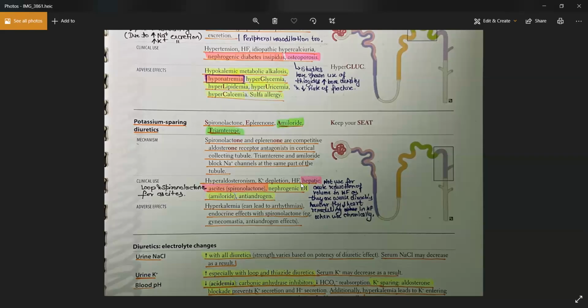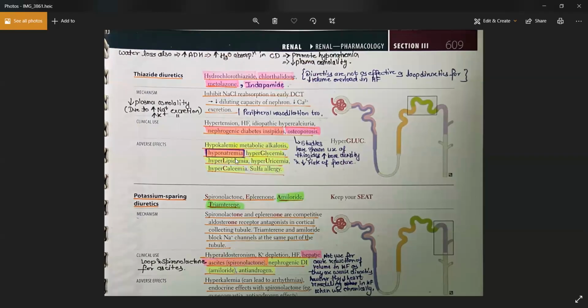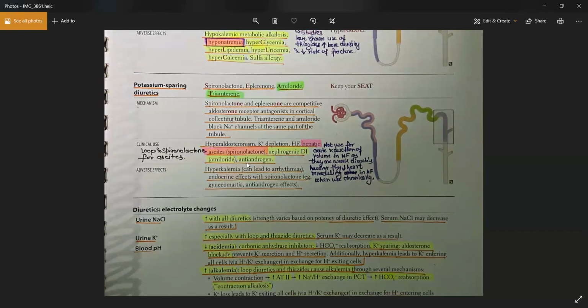Nephrogenic diabetes insipidus. Okay. You can give these drugs, amiloride, for example, very important. Okay, and in the nephrogenic diabetes insipidus, you can also give the patient thiazide diuretics. These two drugs for the nephrogenic diabetes insipidus. Okay, then you have the anti-androgenic effect, because all of these drugs have an anti-androgenic effect, especially spironolactone. Okay, you will give them these drugs for the anti-androgen actions.